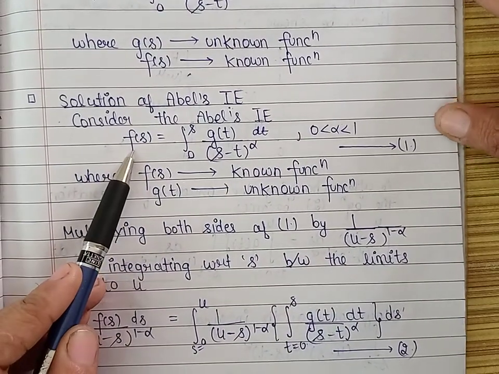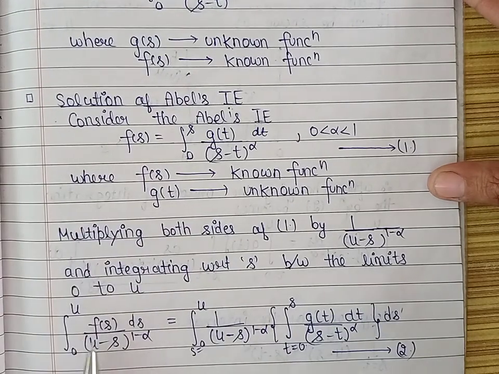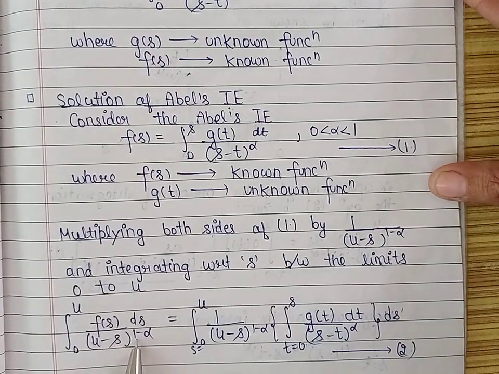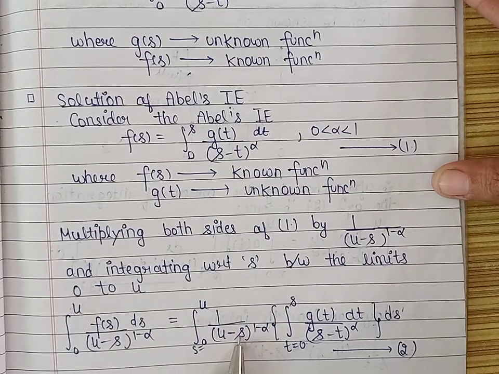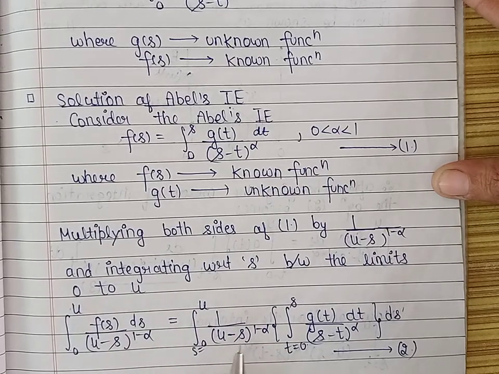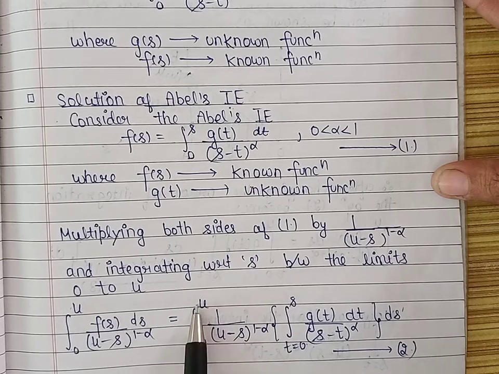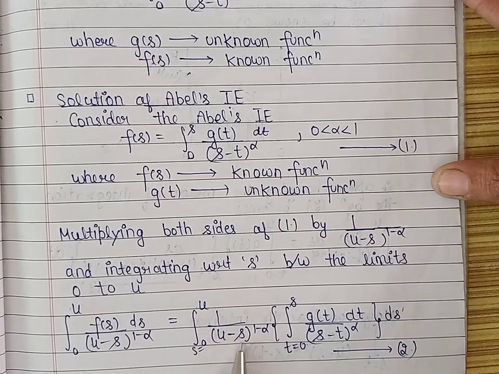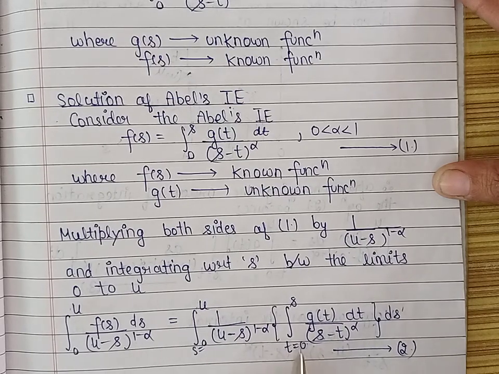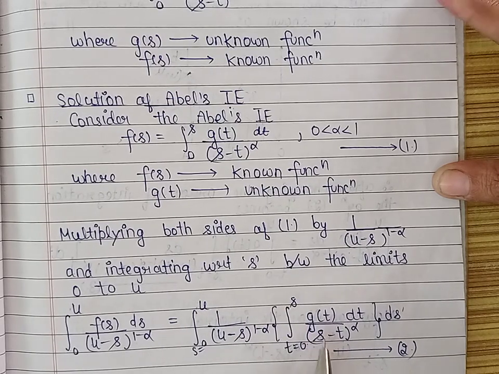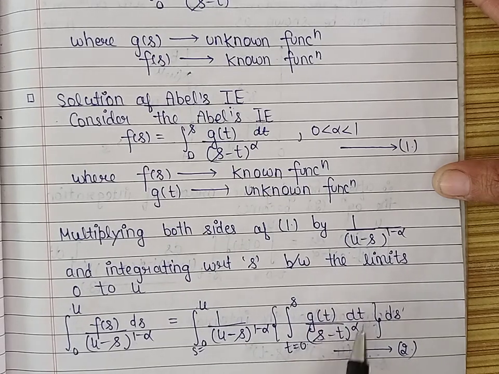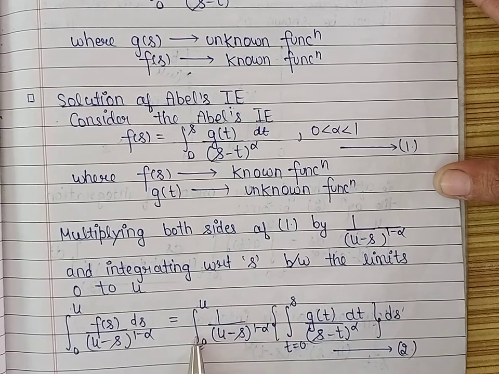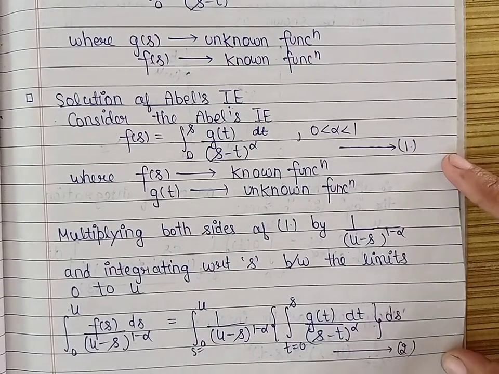So here, multiplying by 1 upon (u minus s) raised to the power 1 minus alpha and integrating from 0 to u, on the right side the integral becomes integral 0 to u 1 upon (u minus s) raised to the power 1 minus alpha into integral 0 to s g(t) upon (s minus t) whole raised to the power alpha. This integration is with respect to t and this integration is with respect to s. Now